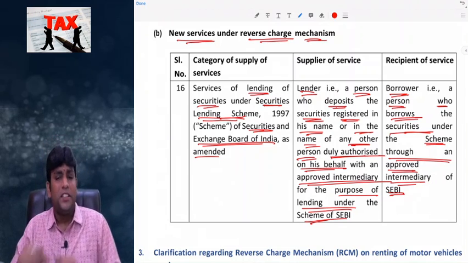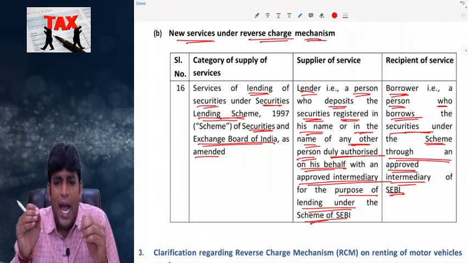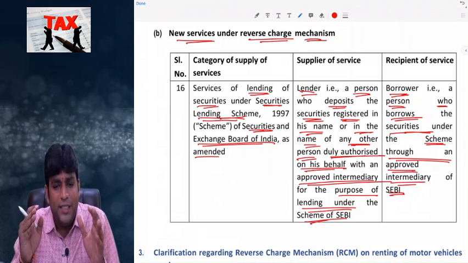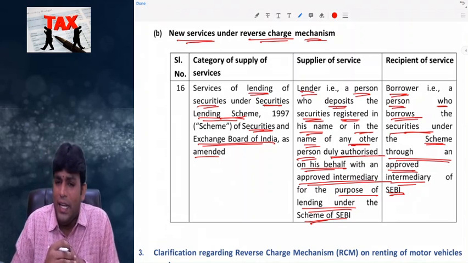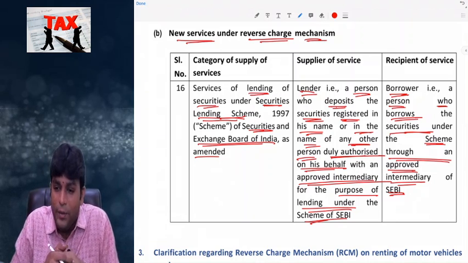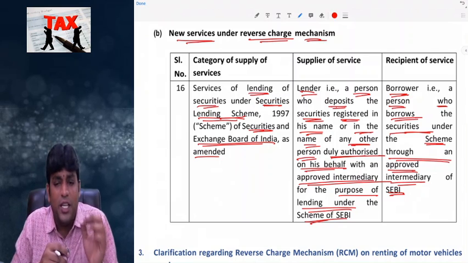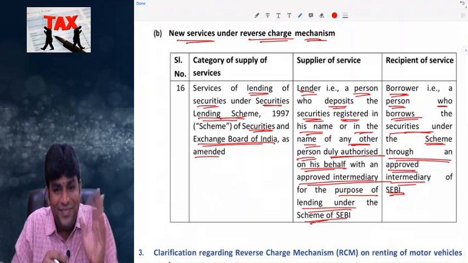Clear? So net effect, the transaction of lending of securities under the securities lending scheme of SEBI was earlier covered under forward charge, but now it is taxable under reverse charge mechanism. Next,